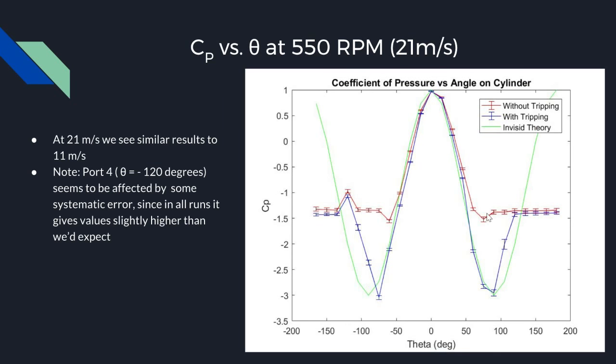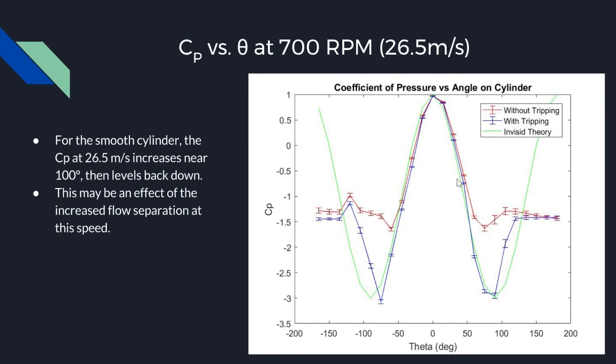Okay, here is 155 RPM, which is 21 meters per second. We kind of see the same thing as we did with 300 RPM. One thing to notice is that port 4 seems to be acting up. It's a little bit off. We'll talk about that later, though. And then here's 700 RPM, which is 26.5 meters per